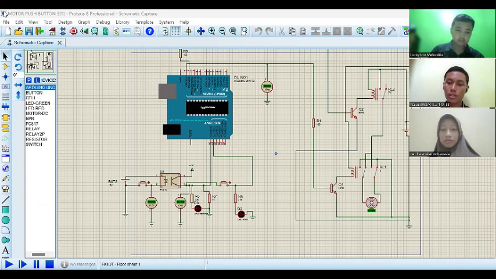Number 2, relay, an electric switch operated using electricity, which consists of two main parts, namely a coil or electromagnet and a switch or mechanical contacts, where the relay helps control the direction of motion of the motor back and forth by regulating the required electric current.